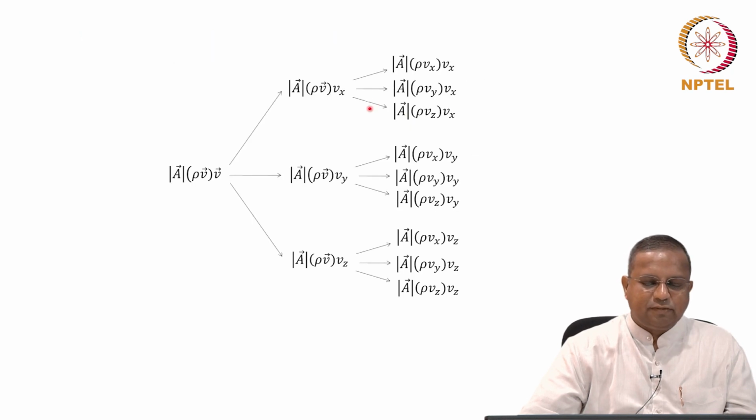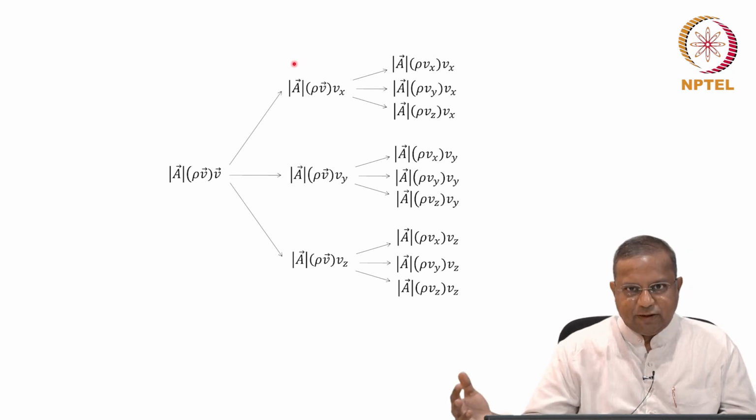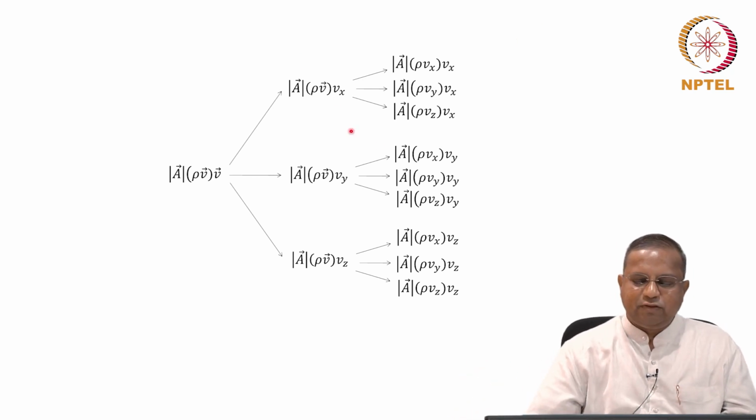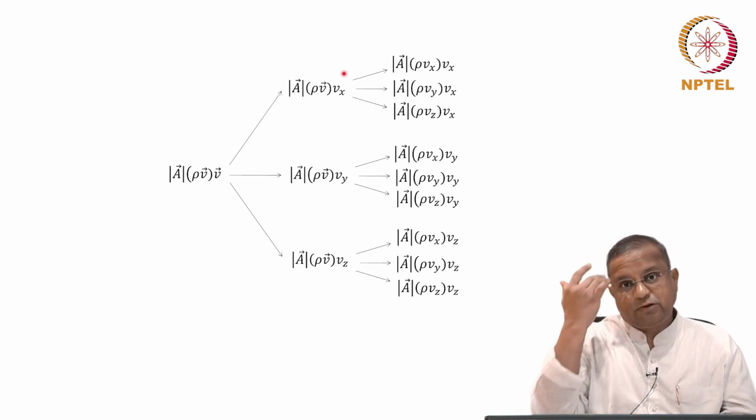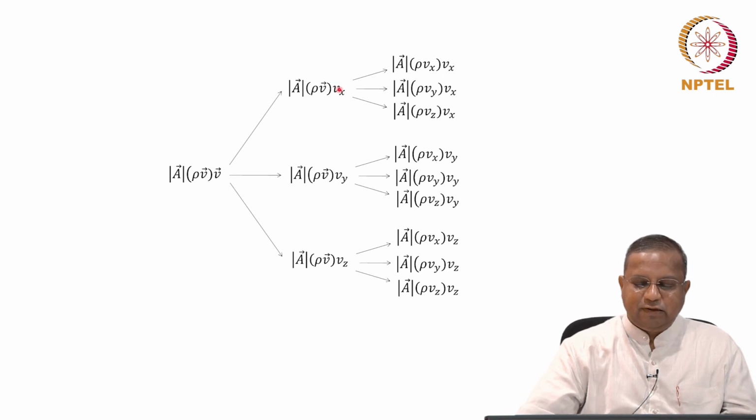We are going to consider only this to develop in detail, and once we write things for this, the other things we can write by extension. That will allow us to deal with much fewer terms or equations to begin with, and that will make things much easier. These are just extensions. Instead of vx you have vy, instead of vx you have vz here. So the same equations would be valid except for these changes. So we are going to look first in detail at the x momentum alone.